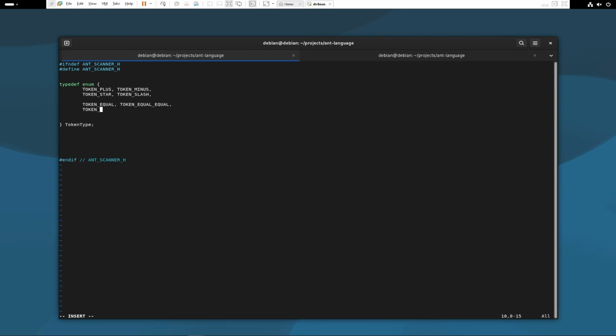then TOKEN_NOT_EQUAL, okay, TOKEN_LESS_EQUAL. So you get the idea. I enumerate all the token types that I need to build the scanner. TOKEN_GREATER_EQUAL, TOKEN_LEFT_PAREN, TOKEN_RIGHT_PAREN,